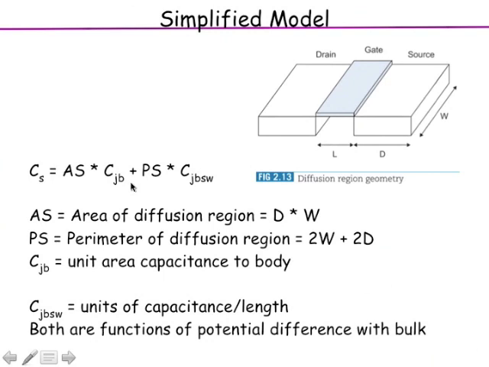So what you have is one number multiplied by the area of the source and the perimeter of the source. As a circuit designer, you play around with these areas, because based on the layout you get different areas. But the constants are something you get from the process. Of course, the constants are a function of voltage and so on. How do you deal with it? You just get one number which kind of gets you the right answer. Okay, so that's basically what you do for simple calculations.